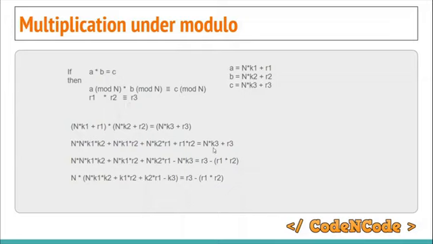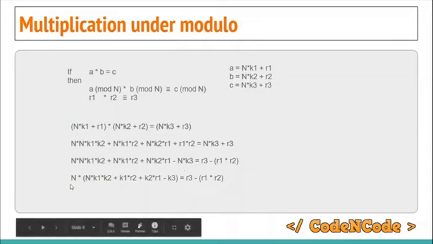To use that fact, we have r1 r2, we would take them to the right hand side and then take this n times k3 to the left hand side. Then you'd see that all these terms contain something common, that is n. So we would take n common out, and then inside we would be having these. It doesn't matter what this is, you can write it yourself. So what it indicates is that